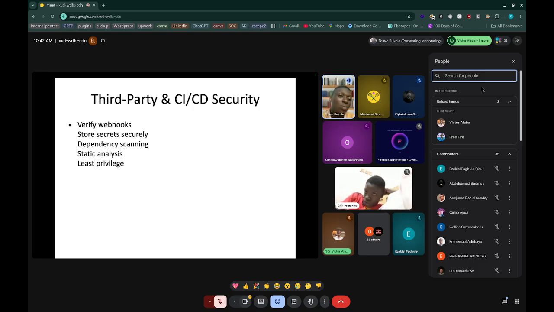Also, static analysis, whereby there is a constant analysis of the system, checking what is going on in the system, and least privilege. Yes, this is essential. Ensure that a user only has the privilege they need to perform a particular action. You don't just give them wide overall privilege, like, okay, come, you can access anything. No, let them only have access to the minimum things they are doing. If they are performing a transfer, give them a transfer privilege. If they are performing a name inquiry, give them a privilege to access the name inquiry API, not all the privileges to access any of your APIs.